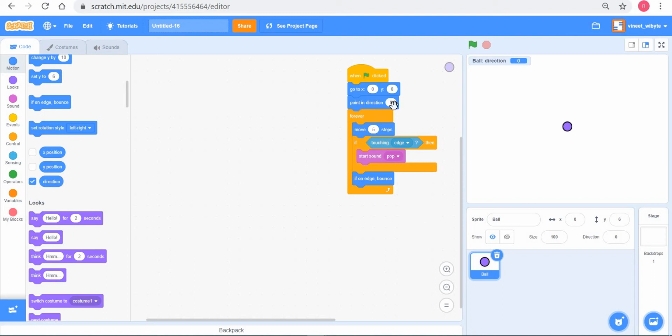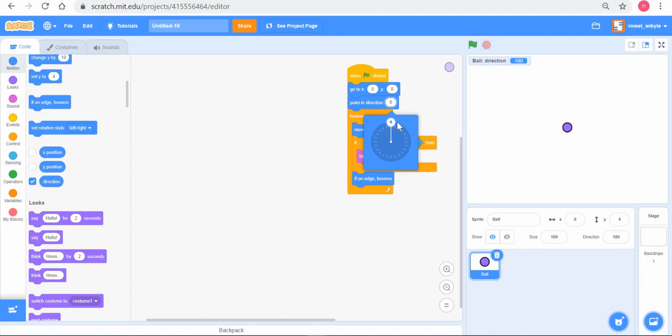Right now it's set to 0. However, if I click on this 0 there, I get a very interesting tool which tells me how I can use this direction, right? For instance, right now it's 0, and you notice there's an arrow here which is pointing upwards, right? So when I run this code, basically the ball starts going upwards, right?